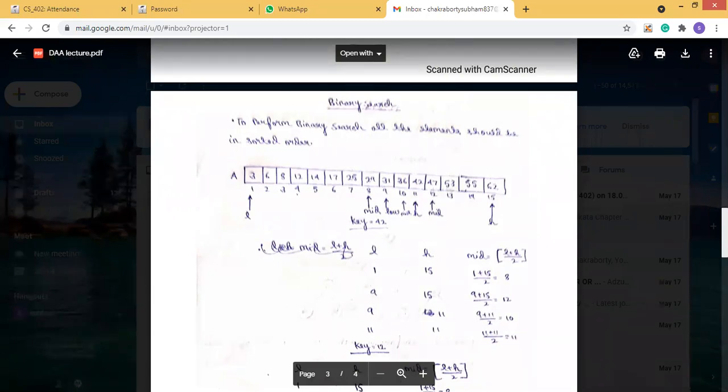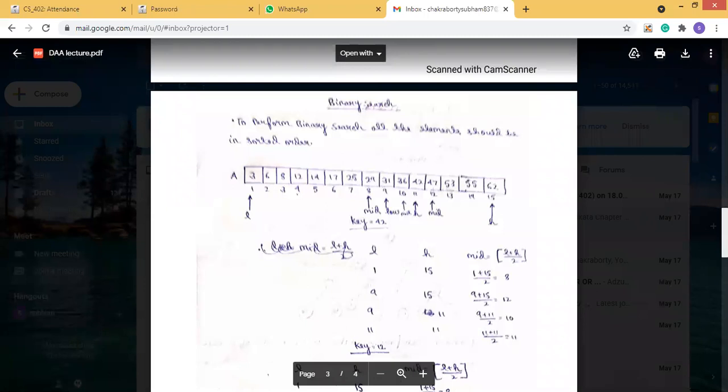One thing you should keep in mind during binary search is that to perform binary search, all the elements should be in sorted order. If there is an array, the elements present in the array should be in sorted order.